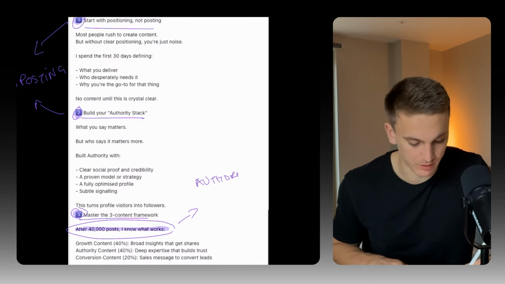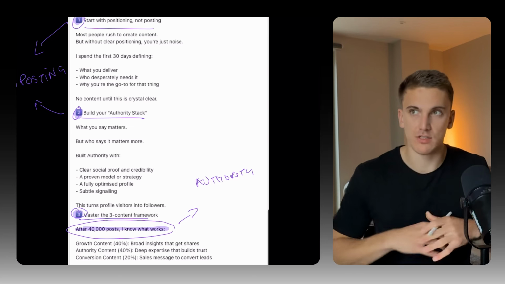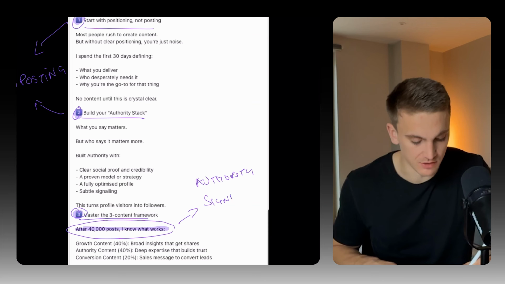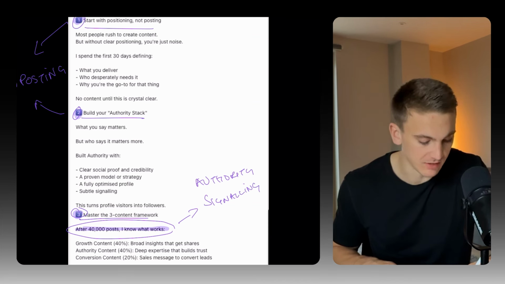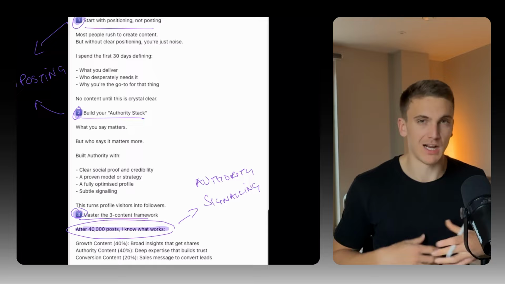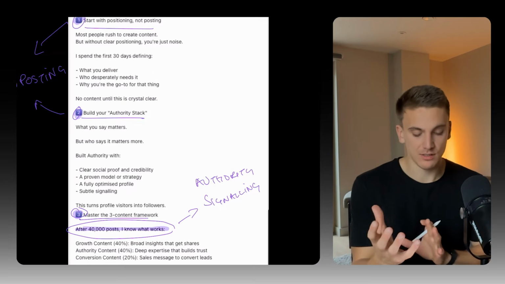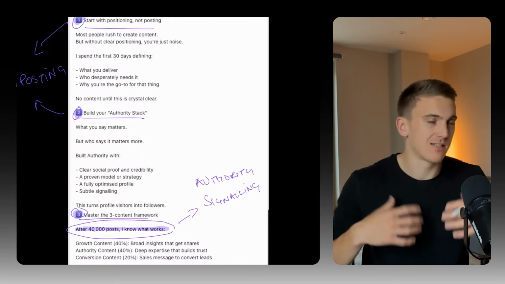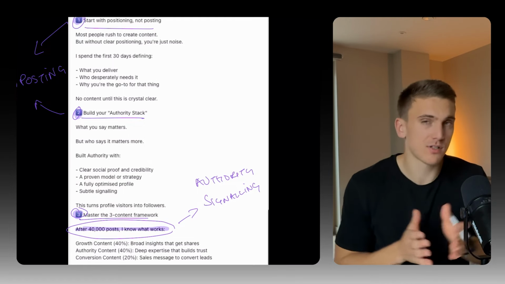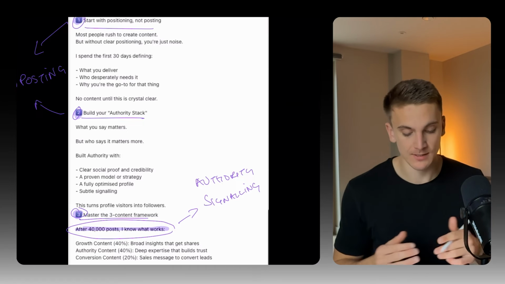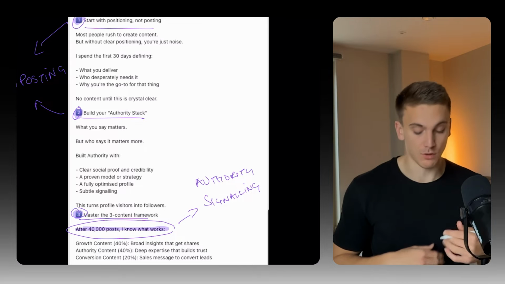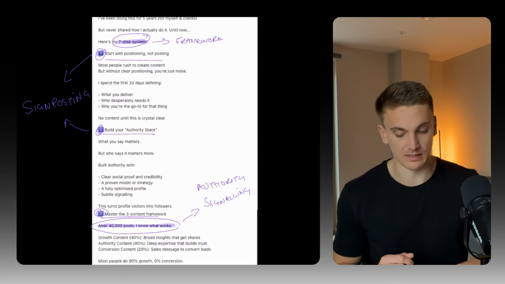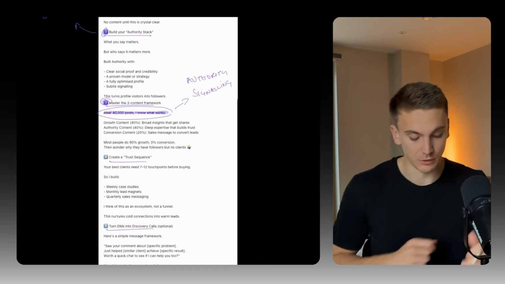Okay, so this is called authority signaling. And you want to make sure as you do this, it's almost casual, nonchalant, kind of throwaway comments. If you try too hard to do this, it's going to come across the wrong way. You're going to seem desperate or maybe just a bit brash or too promotional. But having these sorts of authority signals subtly embedded throughout the post seems a lot more casual, almost like you don't care, but has a much more powerful effect. So you can embed these throughout the middle of your content to remind people of your authority as you go through. So this is called authority signaling, another way that I use the algorithm to increase the performance of this post.